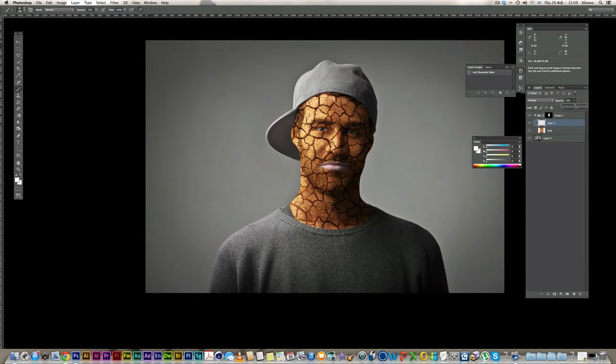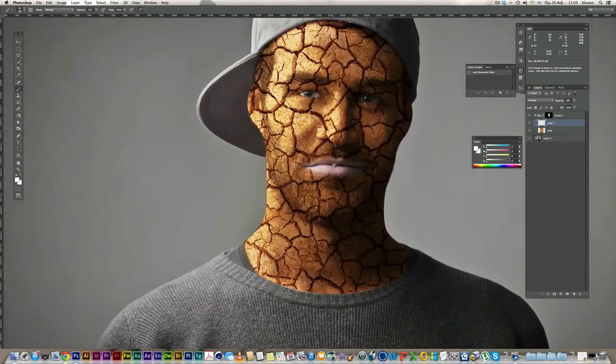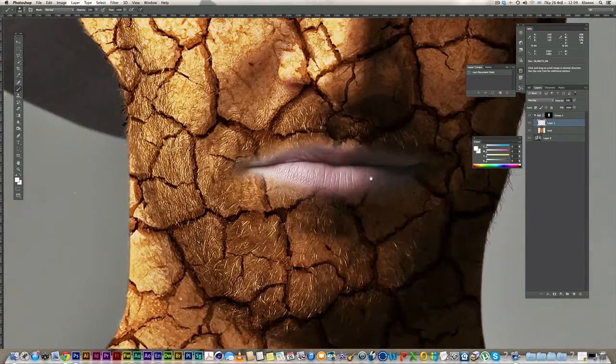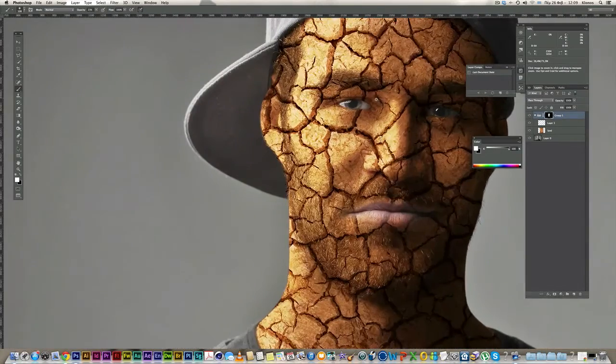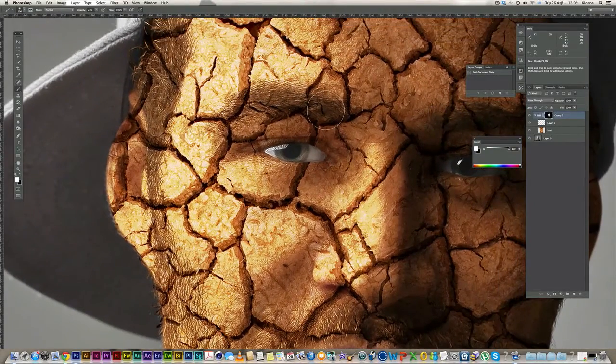Now I will go to my lips and add a little more in the mask. So I will go to my white and blend the lips a little bit better with my dry land. Now I'm writing with white on my mask. I also want to blend my